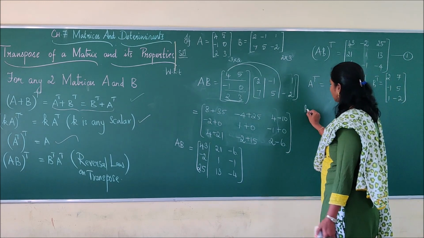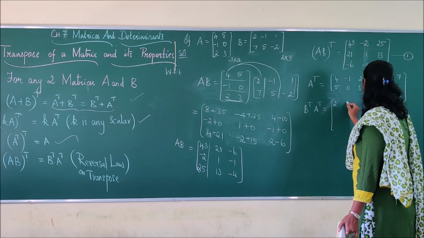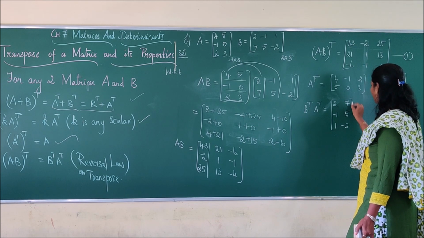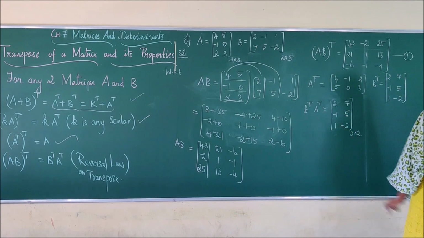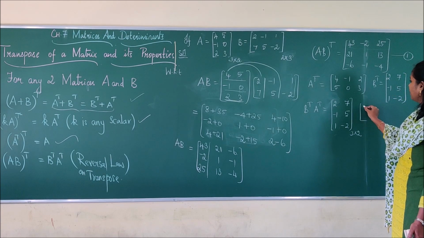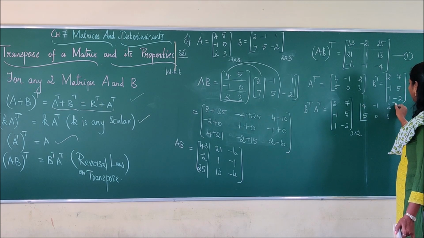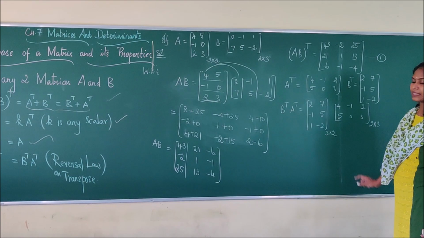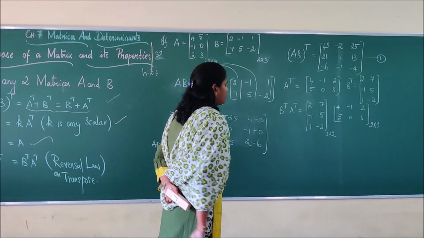Now I am going to multiply B transpose and A transpose. What is my B transpose? It is 2, 7, minus 1, 5, 1 minus 2. So this is of order 3 cross 2 because I have 3 rows and 2 columns. Next is, what is my A here? My A is 4 minus 1, 2, 5, 0, 3. And this is of order what? 2 by 3. I have 2 rows and 3 columns. Now I'm just going to multiply like this. Okay, the same matrix multiplication.